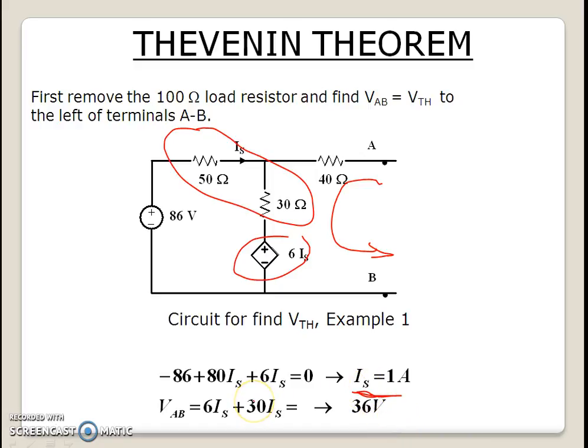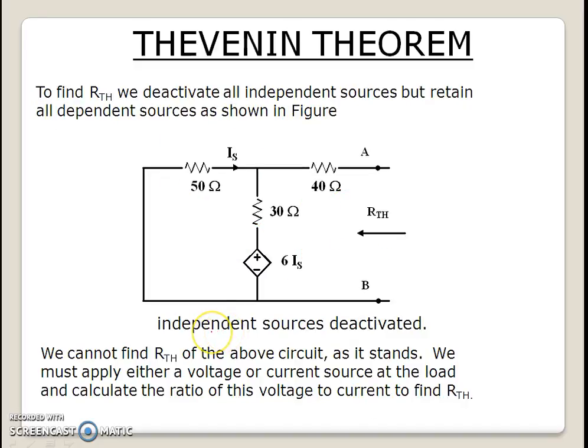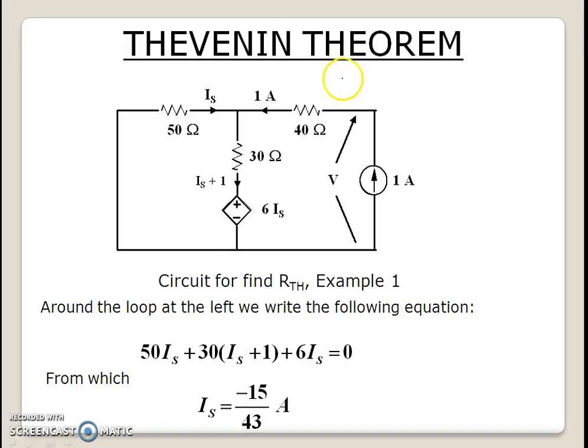So now the next step is to find out the RTH. We continue with the similar step which we learned in the previous class, which is removing all the independent sources, but we should make sure that we retain the controlled source. We should not remove the controlled source. But to find the RTH, a simple series parallel combination of resistors reduction is not possible. So for that, we need to find out the short circuit current